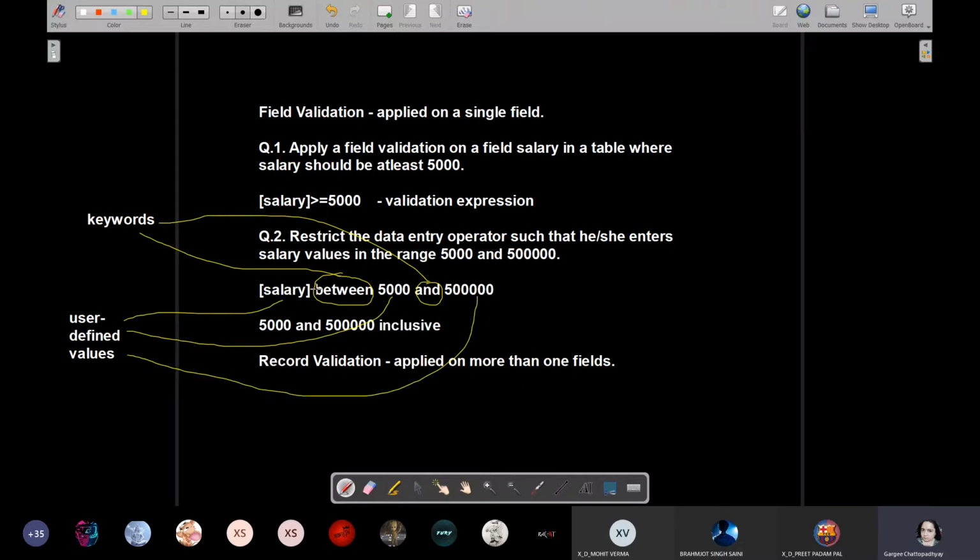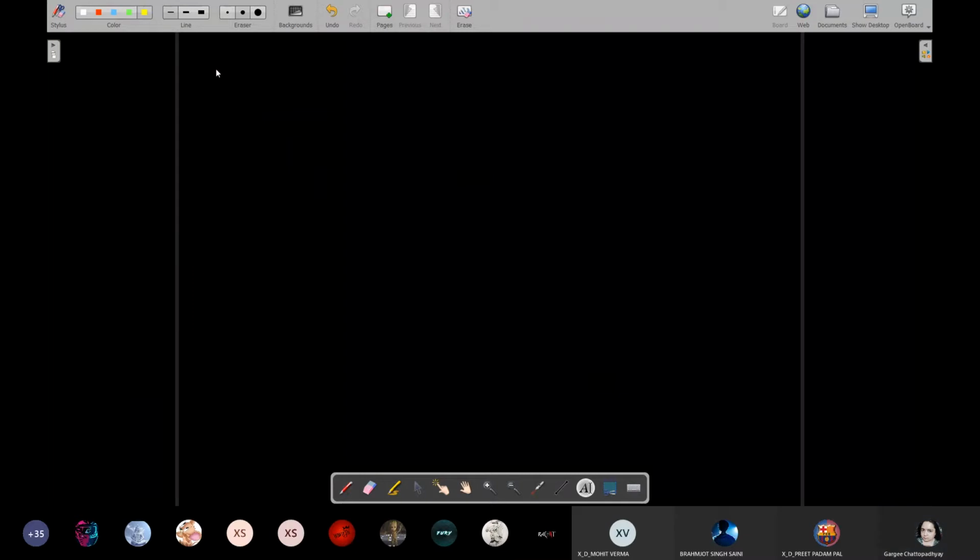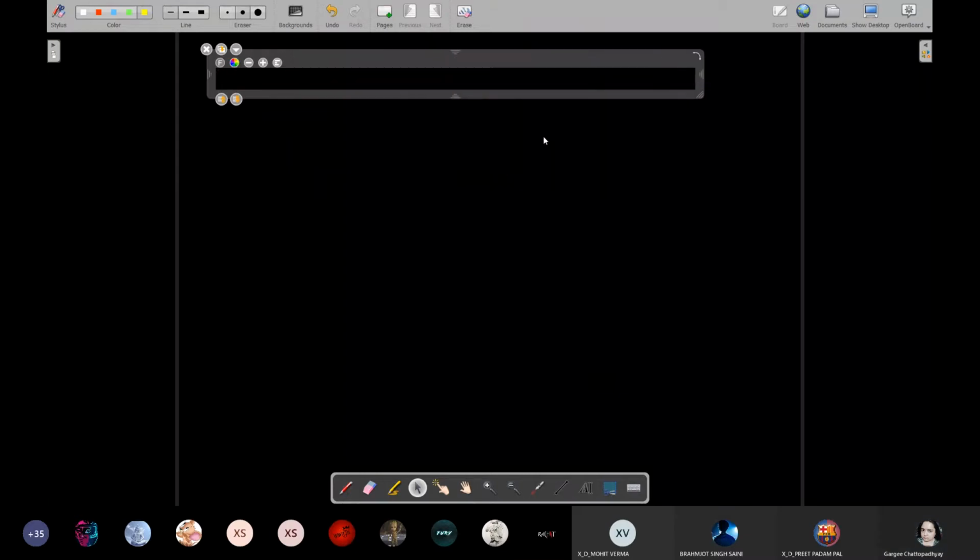So you have to separate each one of them, because this is some programming which you are doing. This is also some coding which you are doing, okay, in Access. So everything has to be separated by a space so that Access knows which one is a keyword and which one is a user defined value. Understood? And this makes the statement readable also. Is it clear? Okay. Now I'm giving another question.